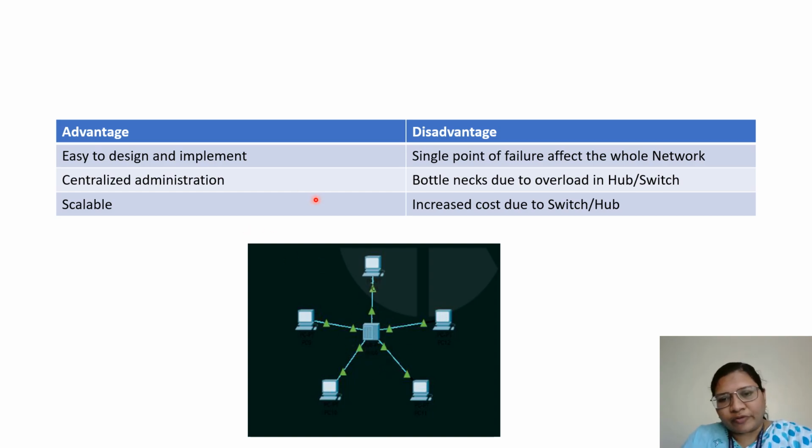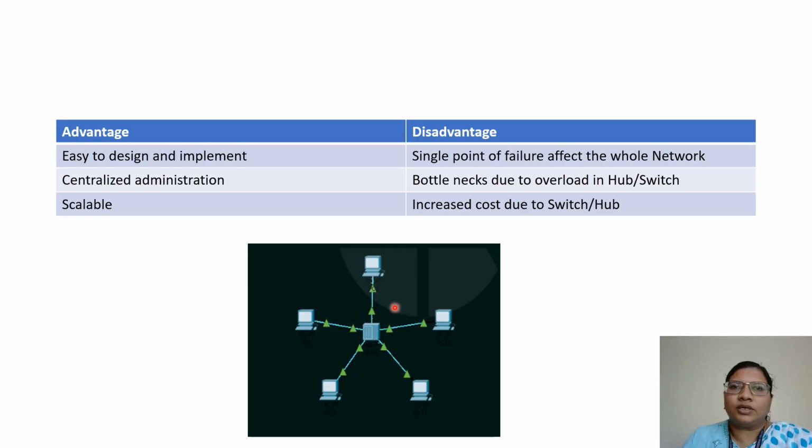Scalable. What is scalable? If I need to extend, I have only 5 nodes here. If I'm going to extend my organization, I need to connect 5 more systems. Scalable means if I'm having one system here, and I connect 10 computers or 10 nodes, the performance will be the same. How one node works while connecting to the hub, the same performance will be there if I connect 5 more. I can extend the nodes, and the performance will be the same as it worked with a single node.